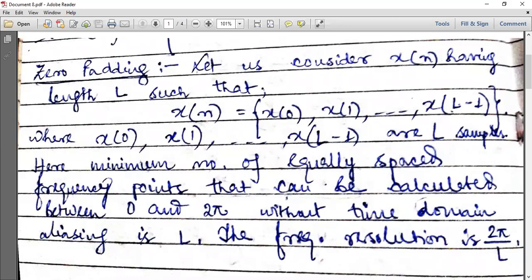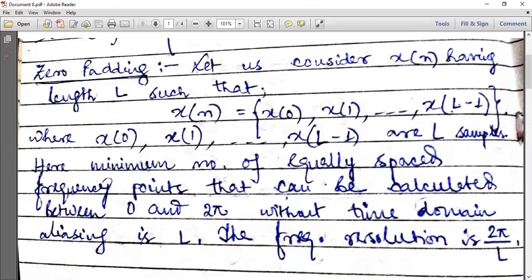Now, here, the minimum number of equally spaced frequency points that can be calculated between 0 and 2 pi without time domain aliasing is L, capital L. I repeat, the minimum number of equally spaced frequency points that can be calculated between 0 and 2 pi without time domain aliasing